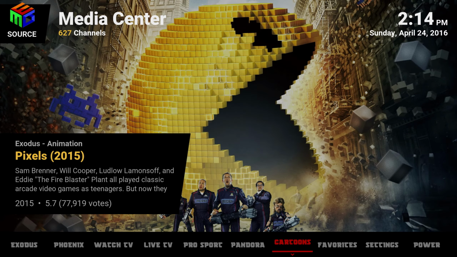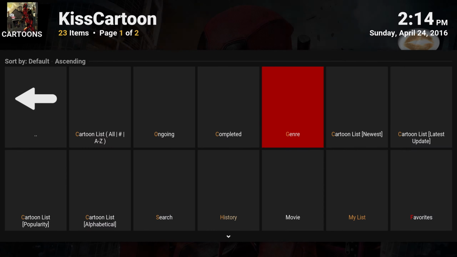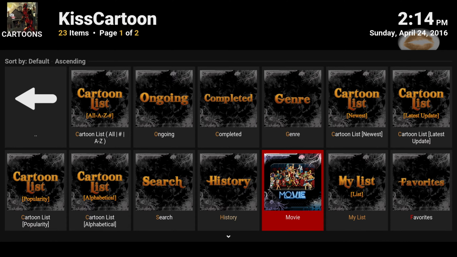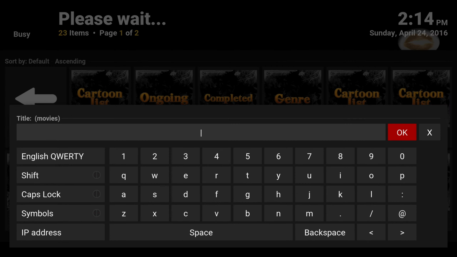Then you have the cartoon section. If you click on cartoon, it's going to take you to kids cartoons, a very well organized add-on as well. Here you could go from A to Z, ongoing, completed series, go by genre, cartoon list by newest, latest updates, and so on. You could also search. So if you want to search for something, like let's say